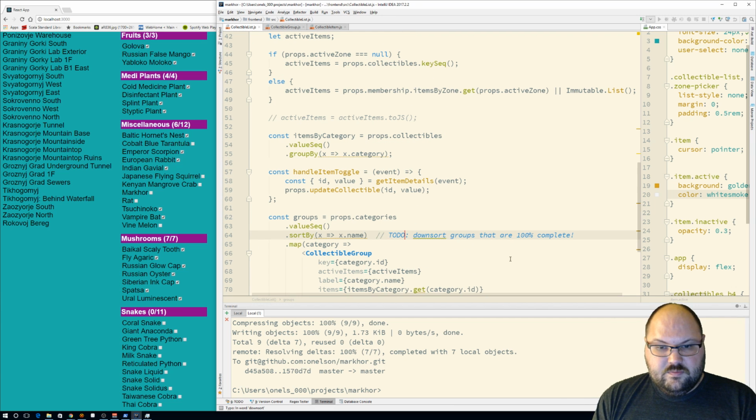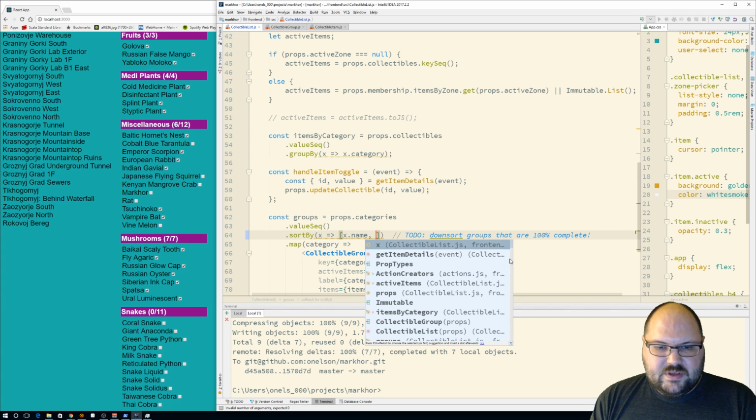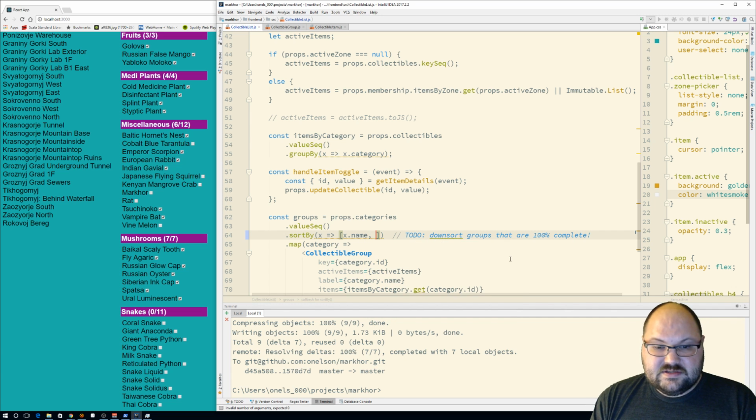I guess really all I would need for this, since I proved earlier in the series that we can sort by an array as if it was a tuple, and it'll use each successive value to do the comparisons. I should be able to say, okay,